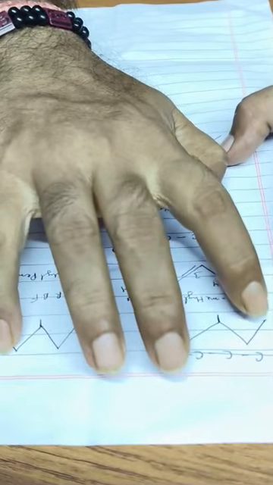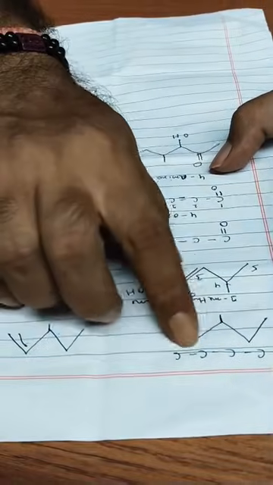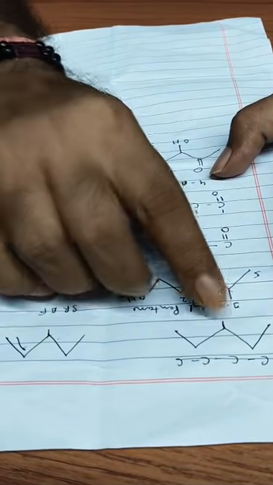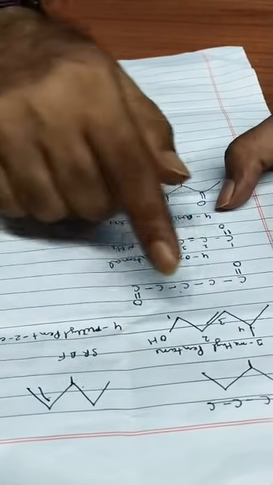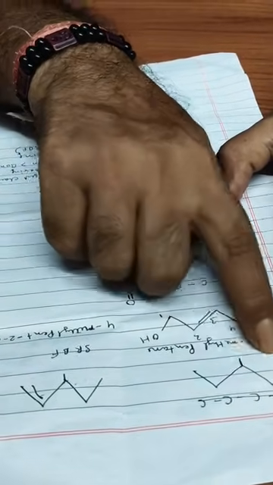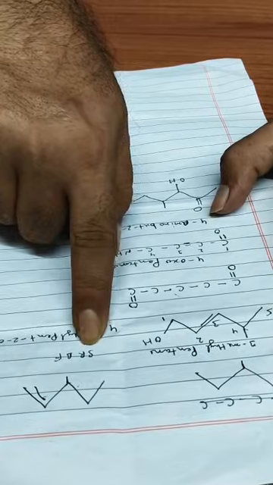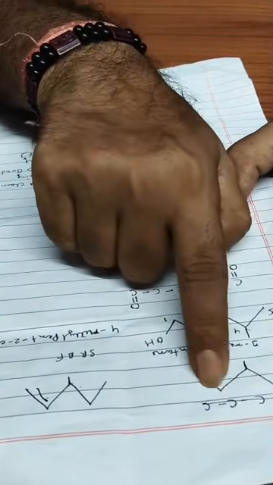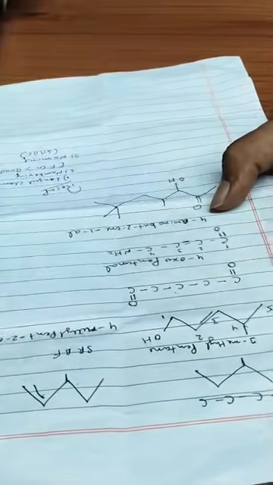Now here are some more examples, bond line structures. In the bond line structure, here is the first carbon atom, here 1, 2, 3, 4, 5. There are 5 carbon atoms and one substituent. Then SRBF: from the start we go with the substituent, that is methyl. Numbering is done from here or here. 3-methyl is the substituent, and the root word is pentane. There is no double bond or triple bond, so it is pentane, 3-methylpentane. There is no functional group here.